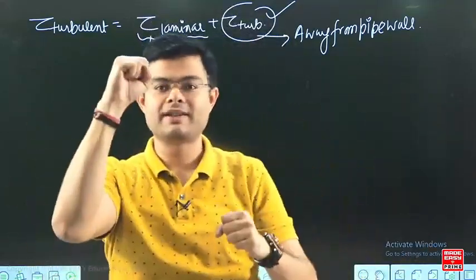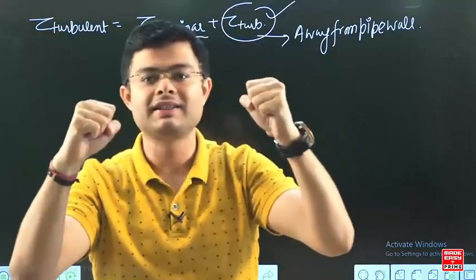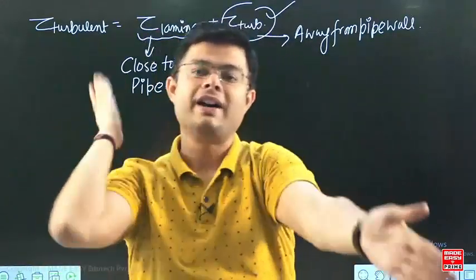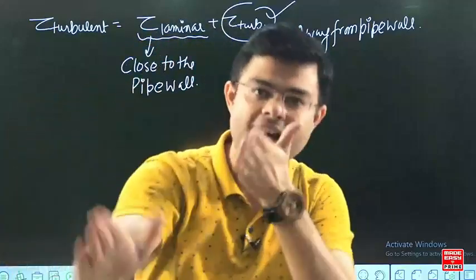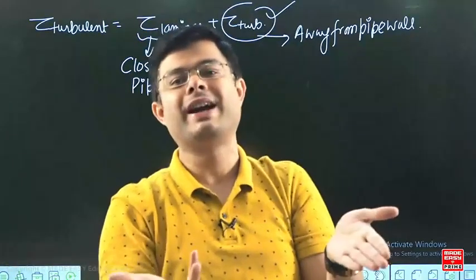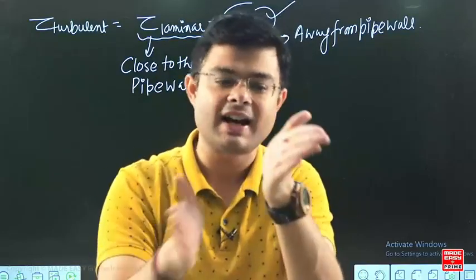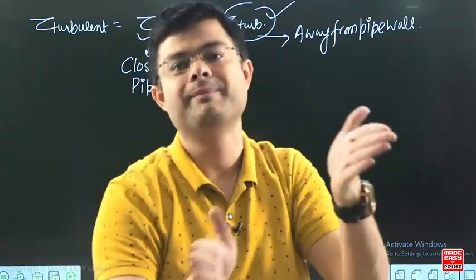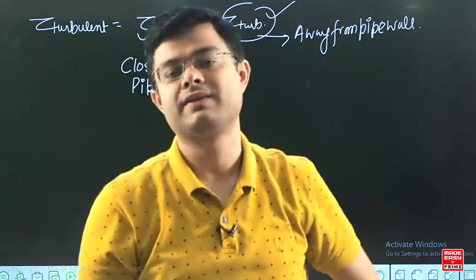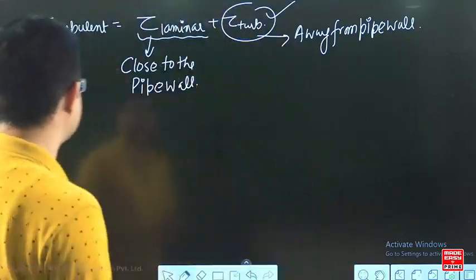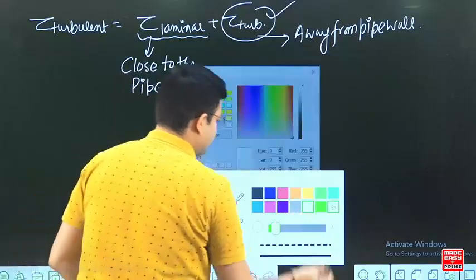Very simple. See, for example, if this is one molecule and this is another molecule, when they intermix with each other or when they collide with each other, they create shear over them. They create shear with themselves. So therefore, laminar shear and turbulent shear, both are going to be there. See, my dear students,